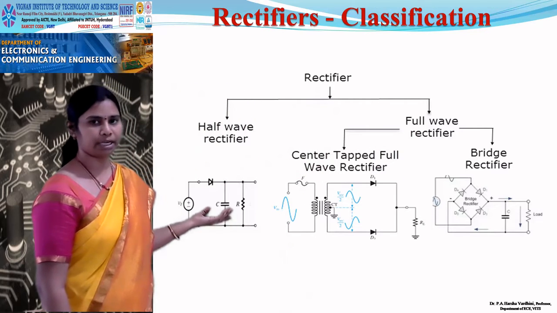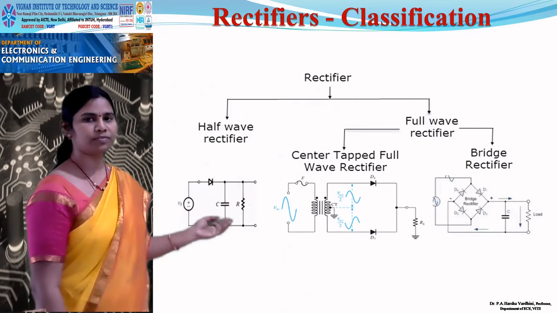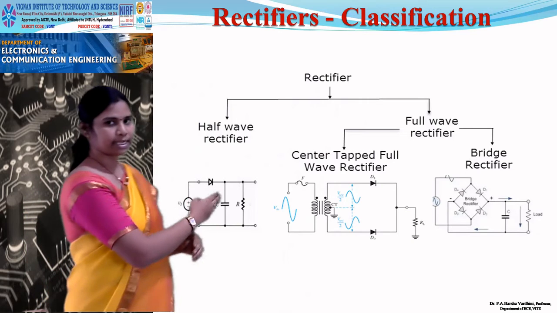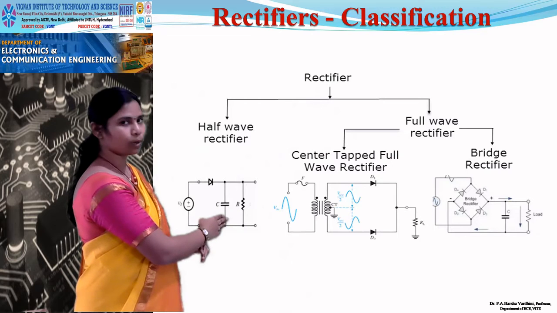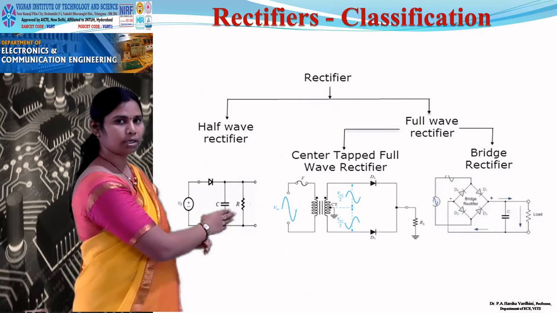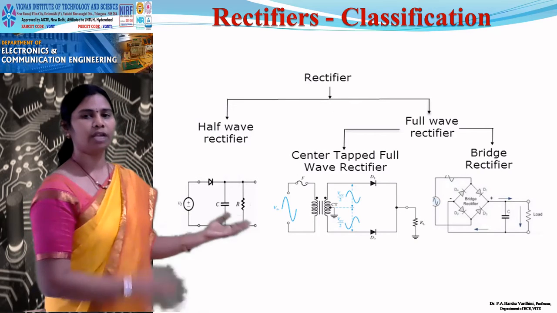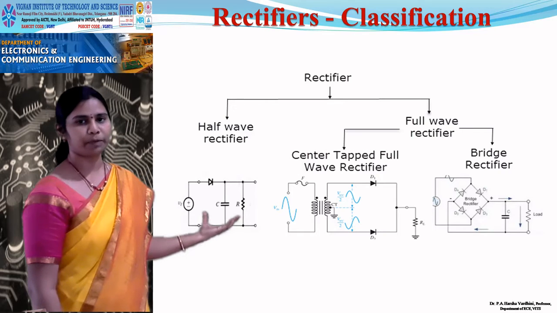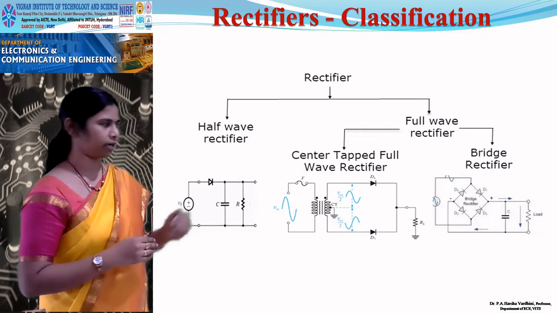So this half-wave rectifier consists of a single diode where the circuit seems very simple. You connect the AC signal, and you use a diode here that is connected to the required load. This required load can be any motor or any battery, wherever you require a DC signal. So this is a simple circuit which represents a half-wave rectifier. A single diode is used in this half-wave rectifier.